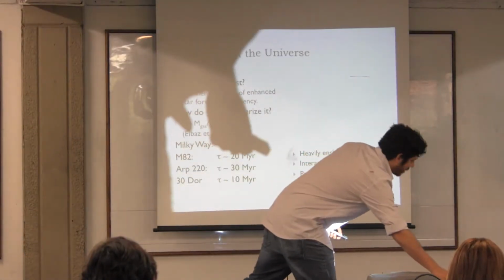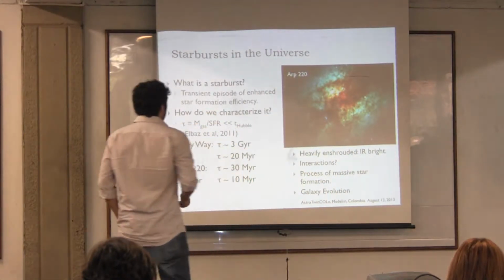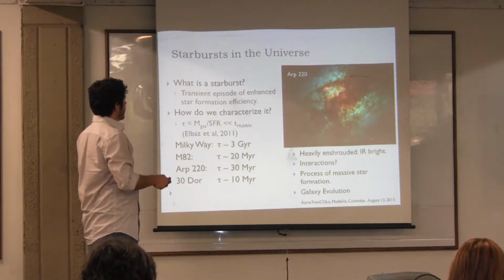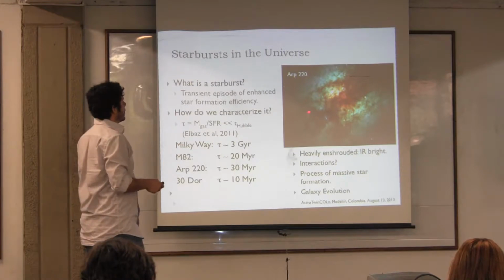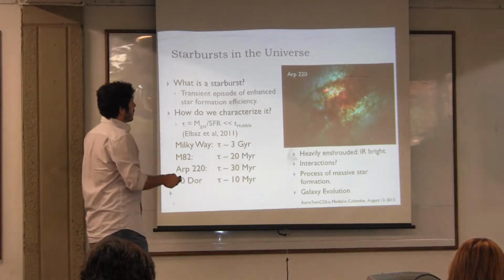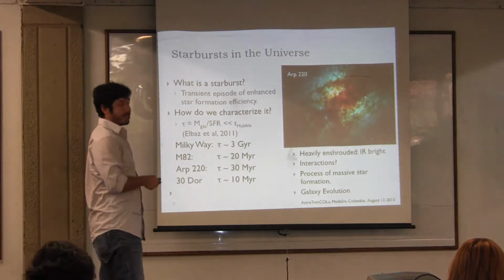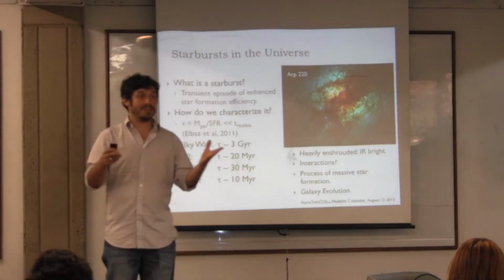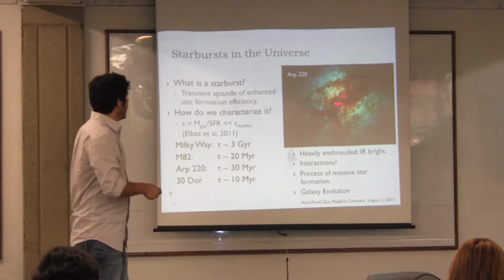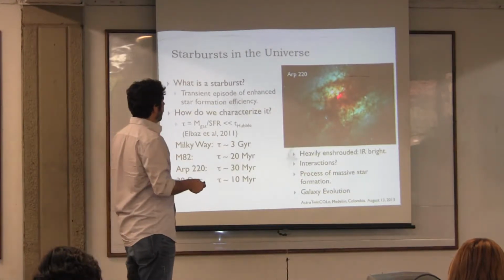This is an example of how a local starburst looks. And what you can see there is a big mess of luminosity, a little bit hidden by large amounts of dust. The reason why you see all those dark regions is because there's a lot of dust. That's the material, together with the gas, from which stars form. So you see there's a lot of dust involved.